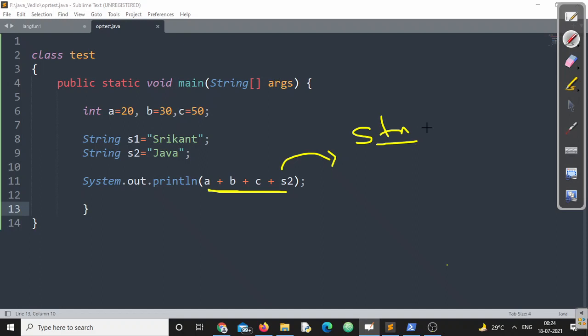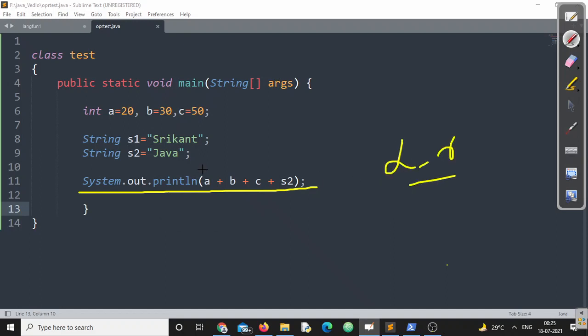If one of the operands is a string, definitely concatenation will be there. And remember, System.out.println will operate from left to right. That means till it finds a string, numbers will be calculated with the arithmetic operator. When it finds a string, it will concatenate.